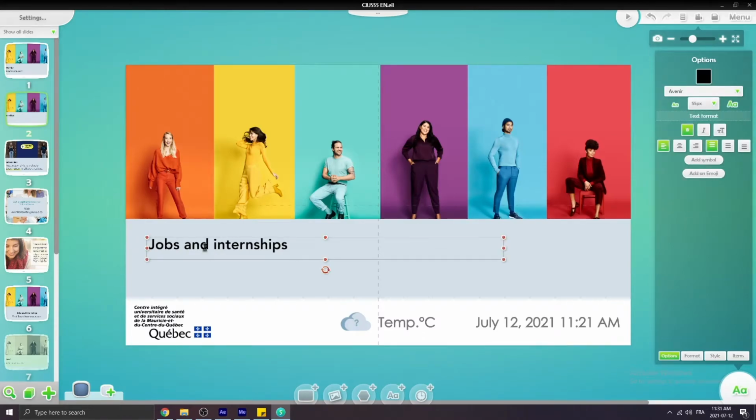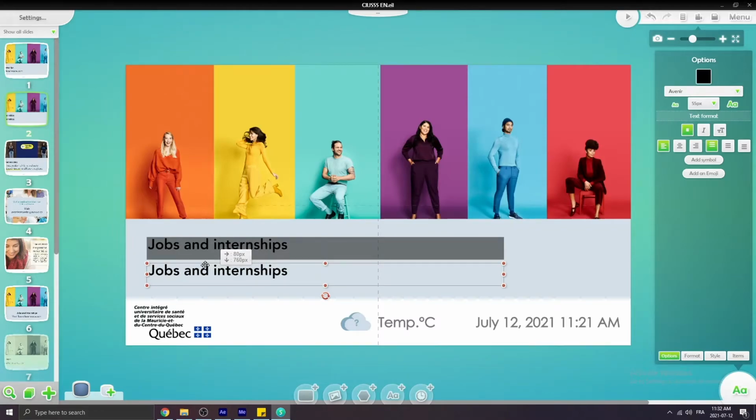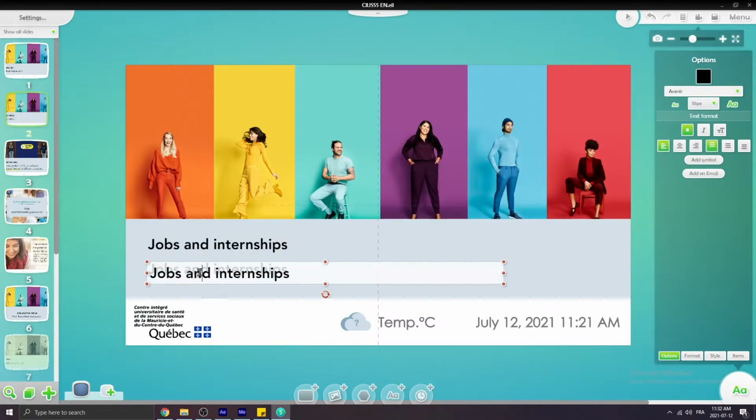Now I select this text box and I copy it with Ctrl+C and paste with Ctrl+V. Then holding down on Shift, I drag this new text box down. Now I change this new text.